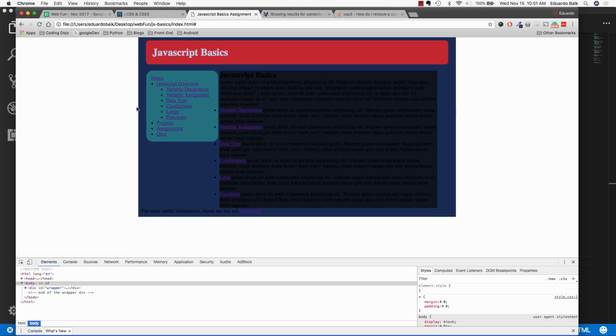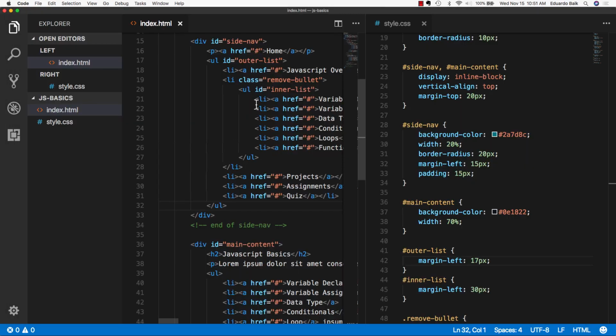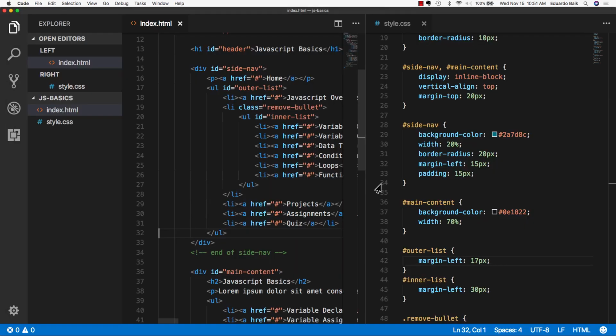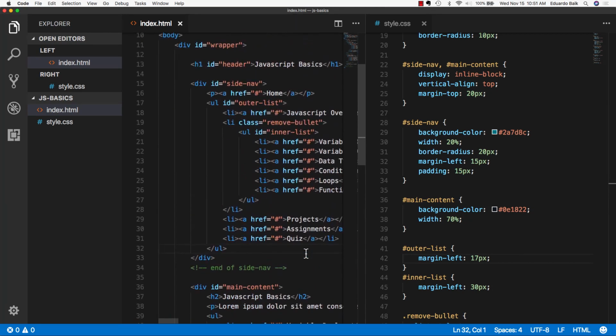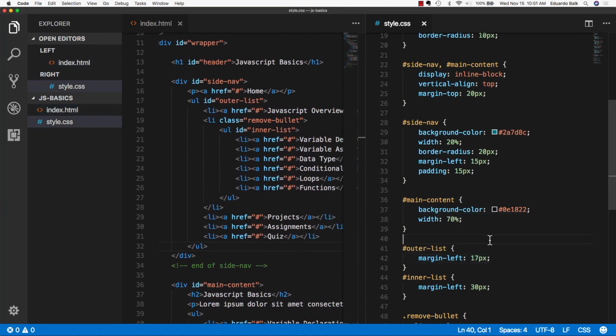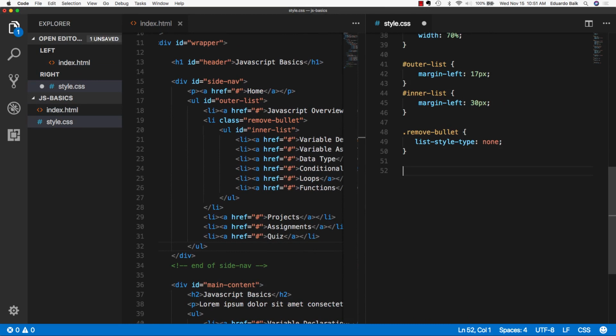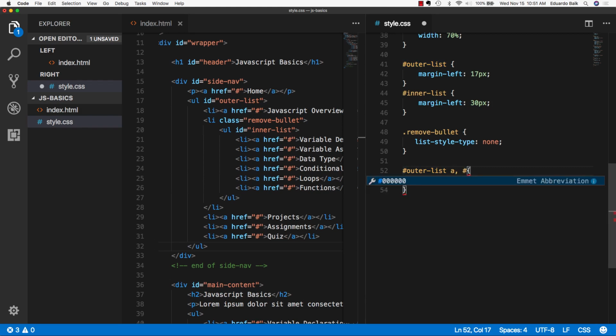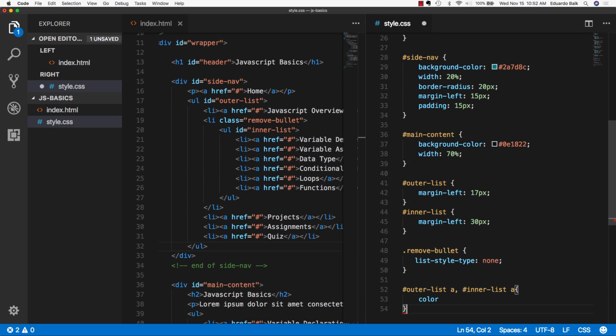And then you just have to change the color. Now you can go into your CSS and just do A. Couldn't you just do it with your inner and outer list? Yeah, I could just say outer list, the anchor tags inside the outer list, and then we could also do inner list, the anchor text inside the inner list. I want the color to be